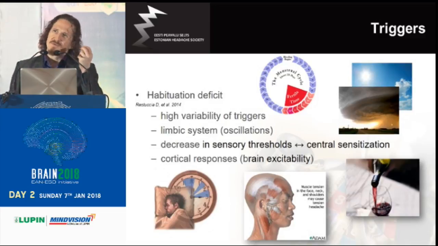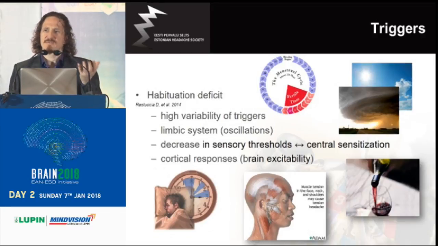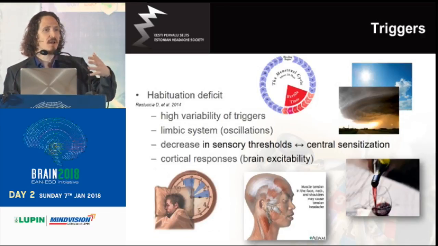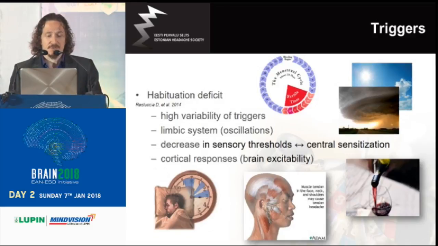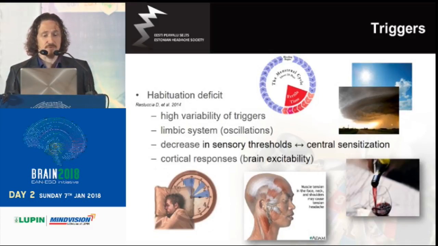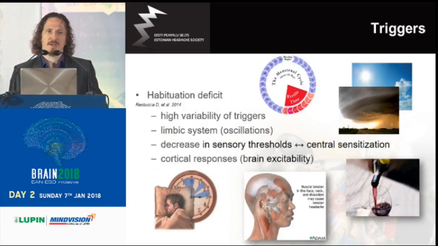So it is not so important what the trigger factor itself is. The important thing is how the brain reacts to certain factors that derive either from outside our body or from the inside. And these trigger factors are non-specific. What we know now, thanks to neurophysiological studies and other investigations, is that the pathology can be related to a so-called habituation deficit, in which case the brain of people with migraine is not able to sort of process normally